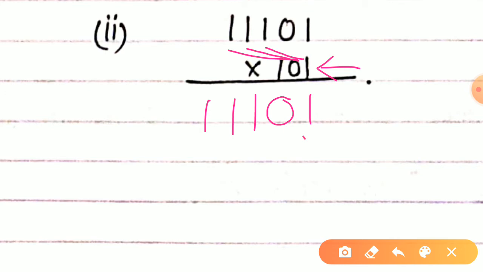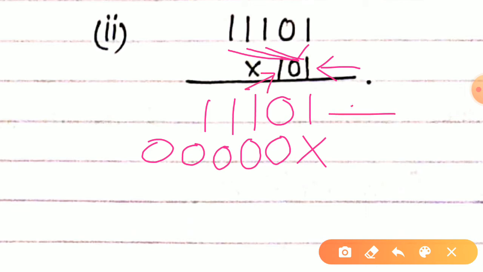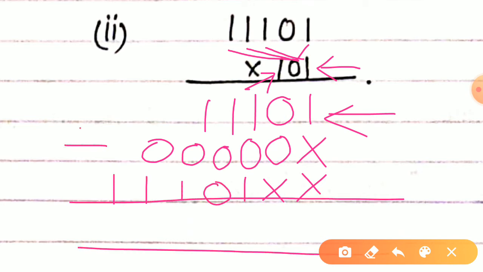Now see 0 with 0 is having to be multiplied. So 0 into 1 is 0, 0 into 0 is 0, 0 into 1 is again 0, one more time 0, and last time 0 also we are going to get over here. Now see third digit we are having as 1, so the same number you are going to get over here also, 10111. Now you have to add these three quantities with each other.